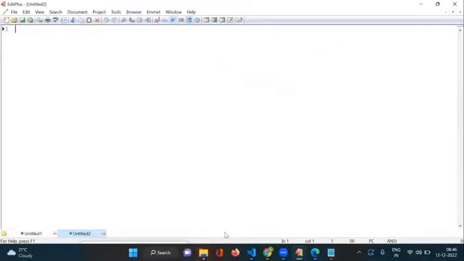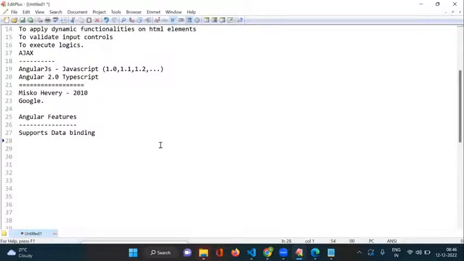Is it clear? Anyhow, this is the data binding concept, and I will show the programs based on this. This is a very important feature for us. It is not available in JavaScript. Okay. Second one,